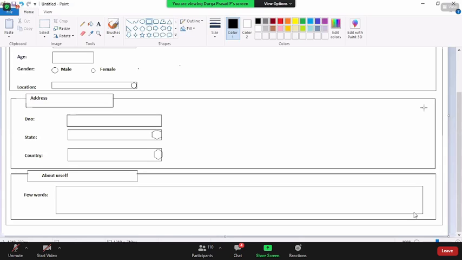Okay, so this is what I wanted. At the bottom, you can put a simple button.